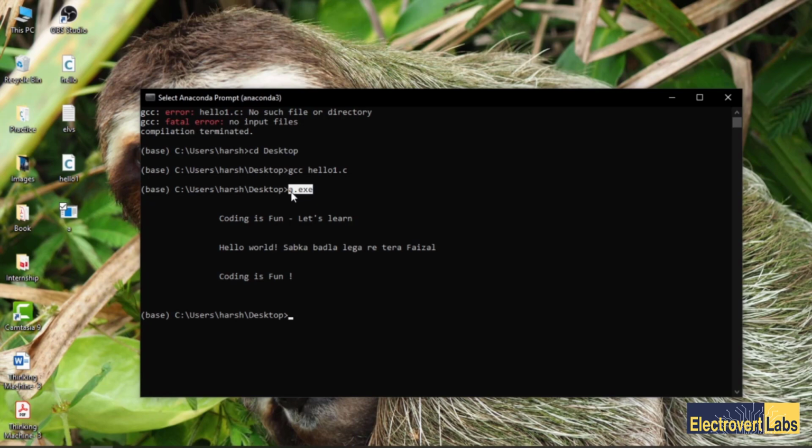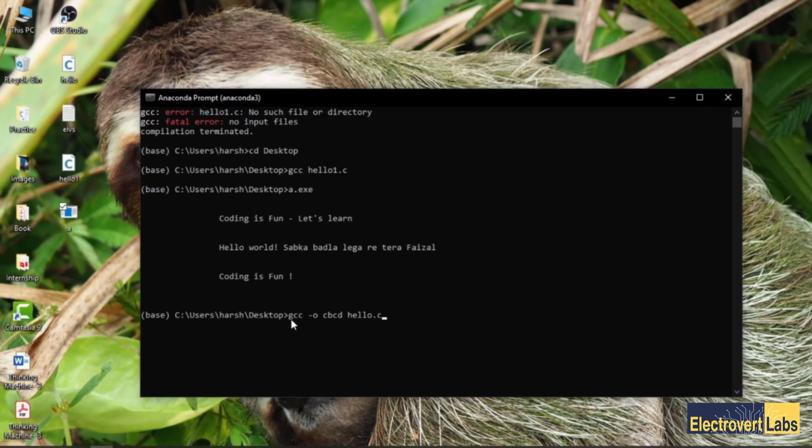But if I don't want to name it a, and I want to name it something else, how will we do that? We will write gcc -o and then whatever name you want. Let's suppose I want to name it cbcd. Then you have to write which particular code you are going to compile, so I will again write hello1.c.